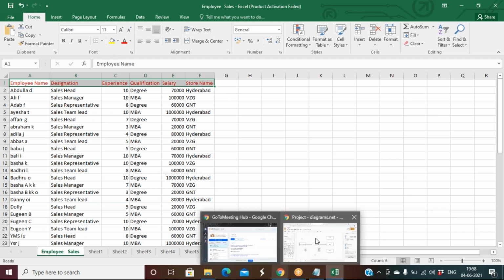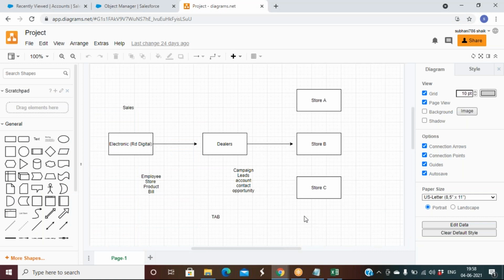In any project, when you sit in the discussion with the client, they will start talking and we will be receiving this data. You just listen to their words, listen to their stories, whatever they're talking about. Then, when you sit alone, you can decide, okay, this guy wants to store information. He was telling us that in the store he will have employees, he will have products, billing will be done, and month-wise he will give appraisals to the employees. So take all these stories and come to a solution saying which can be an object.